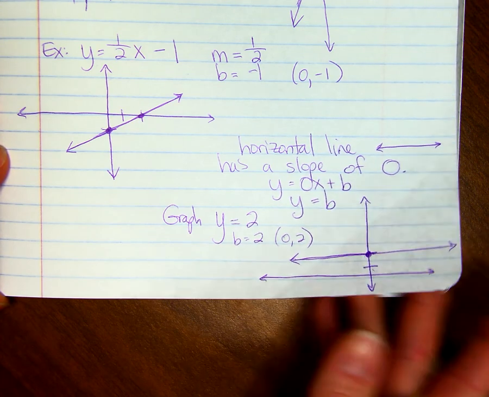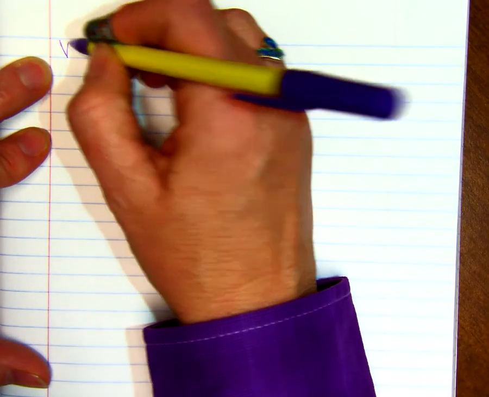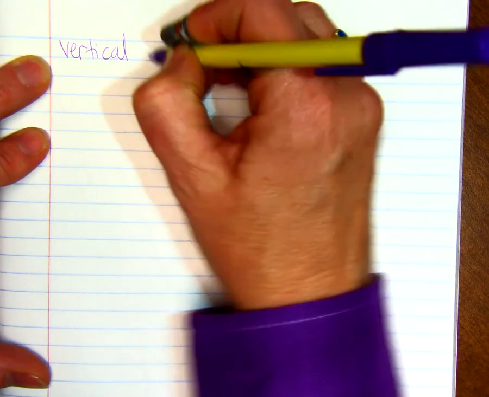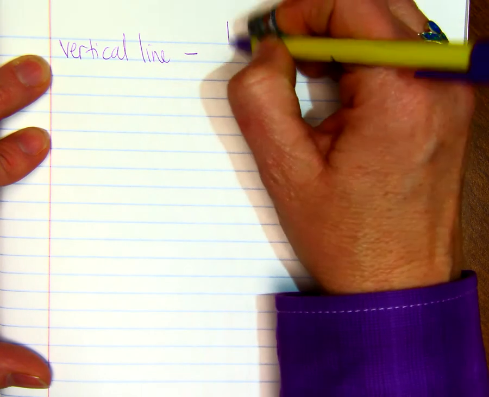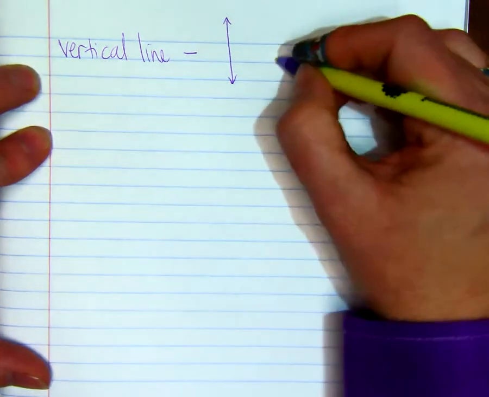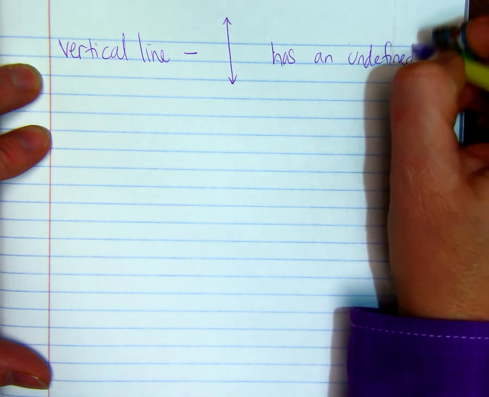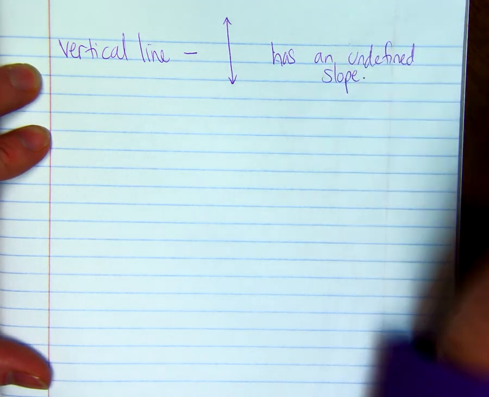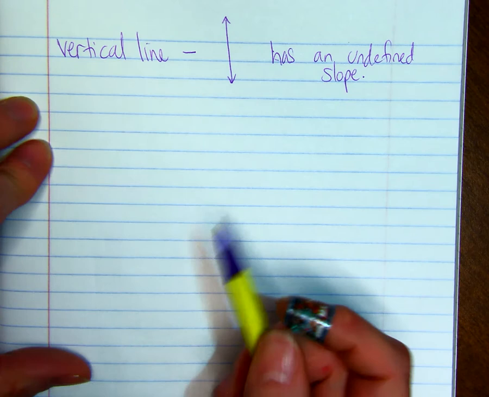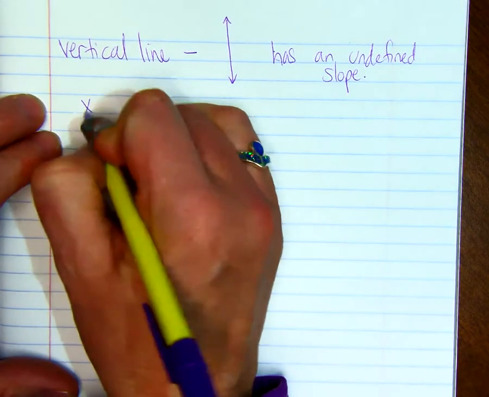Now we're going to do a vertical line, and if you remember, a vertical line has an undefined slope. Remember the car that fell off the cliff? So this has an undefined slope. In this case, you won't even see a y in your graph. It'll be a line